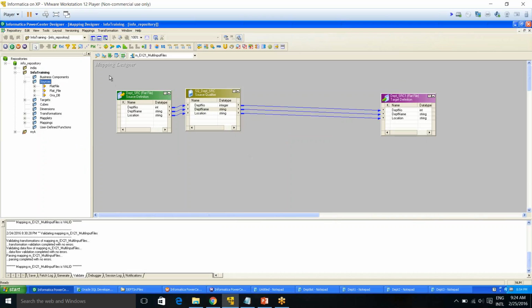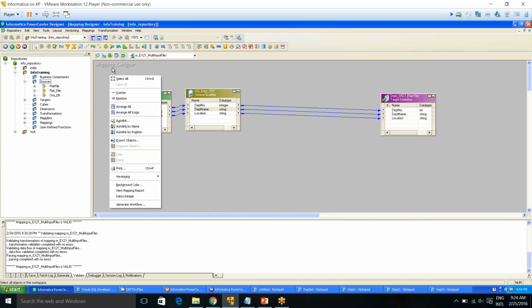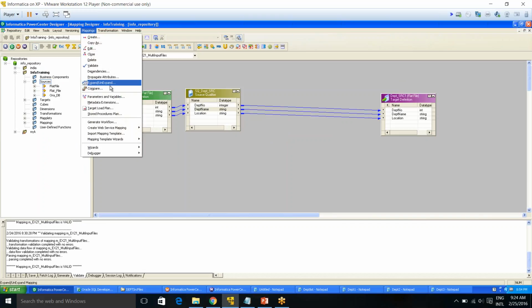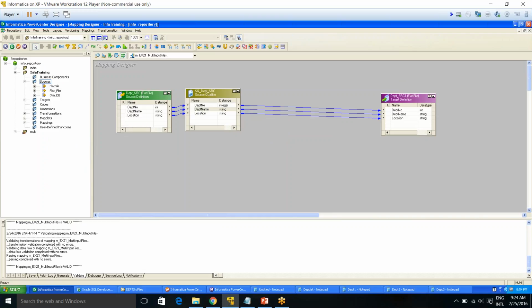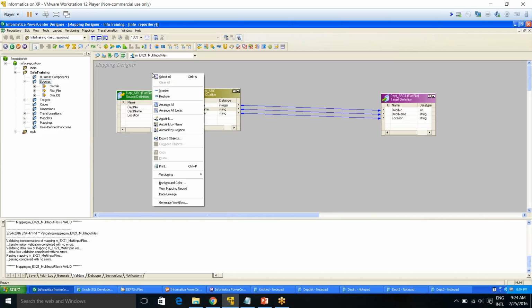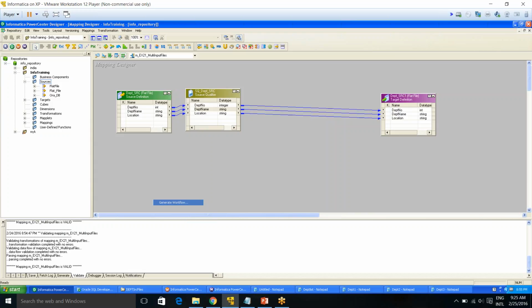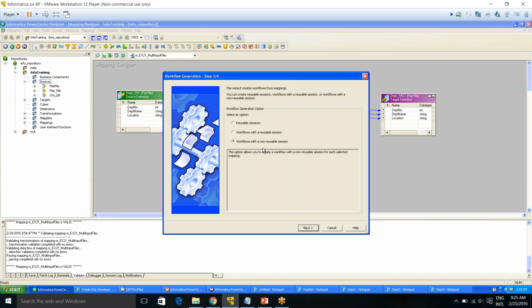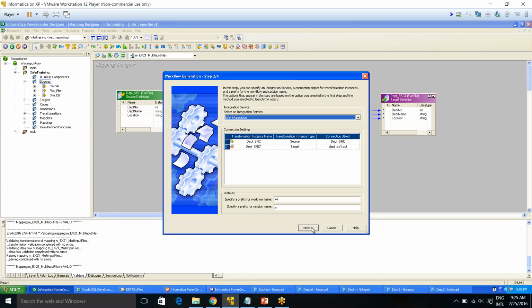Once you are done with this, you have to simply validate. It is good practice to always validate your mapping once you have done it. So validate it, and then generate a workflow. Either you generate a workflow from here or you can go into the workflow manager and create the workflow. Generating a workflow is nothing but a wizard which comes in, and then you can select the options and give the